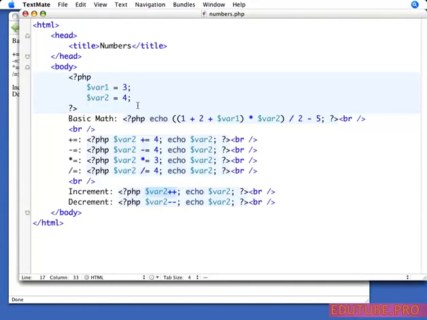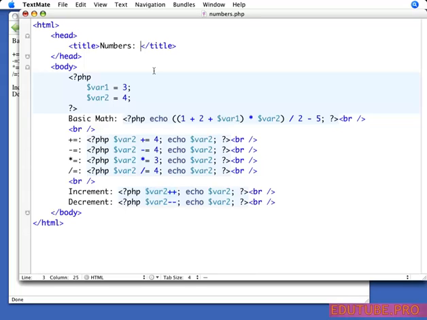So in the last movie, we took a look at basic numbers, and we're familiar with what numbers are. They're things like 3 and 4. But now we're going to take a look at floating point numbers, or as they're sometimes just referred to, floats. So before we do, let's make one last change to our numbers file here,